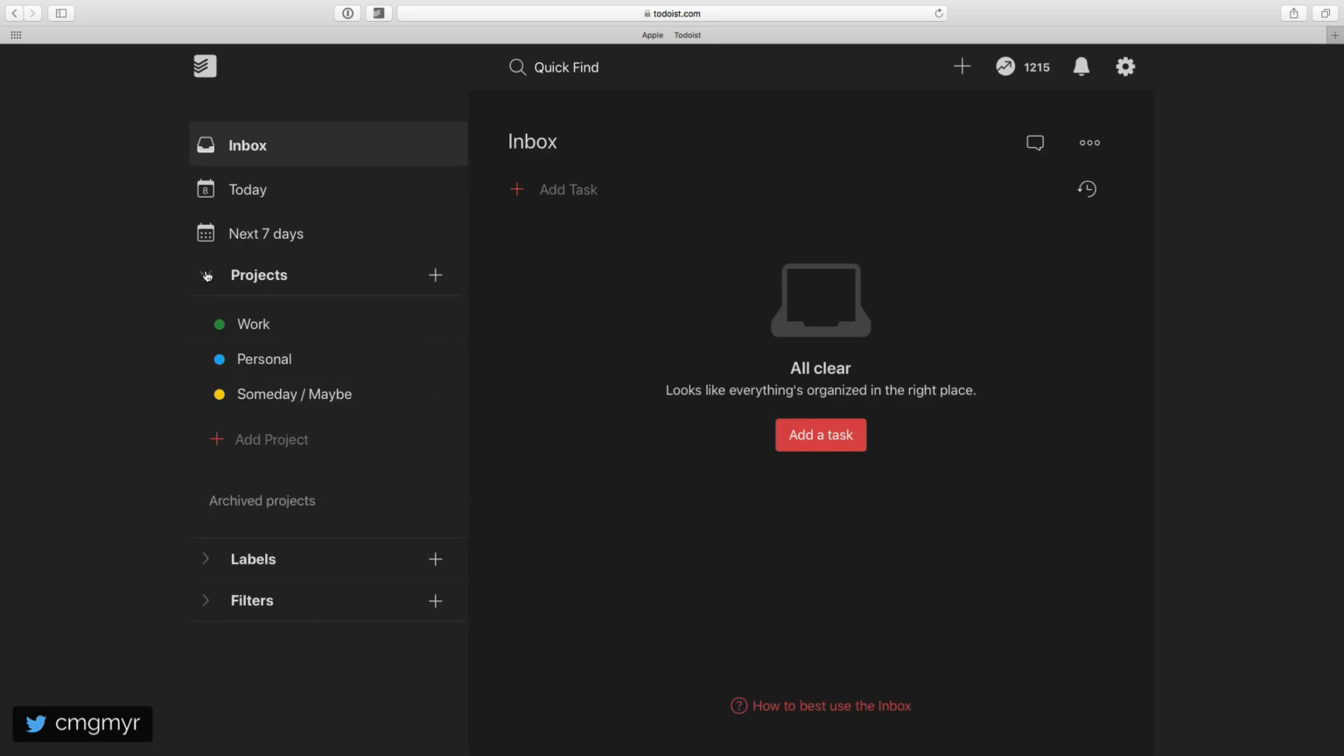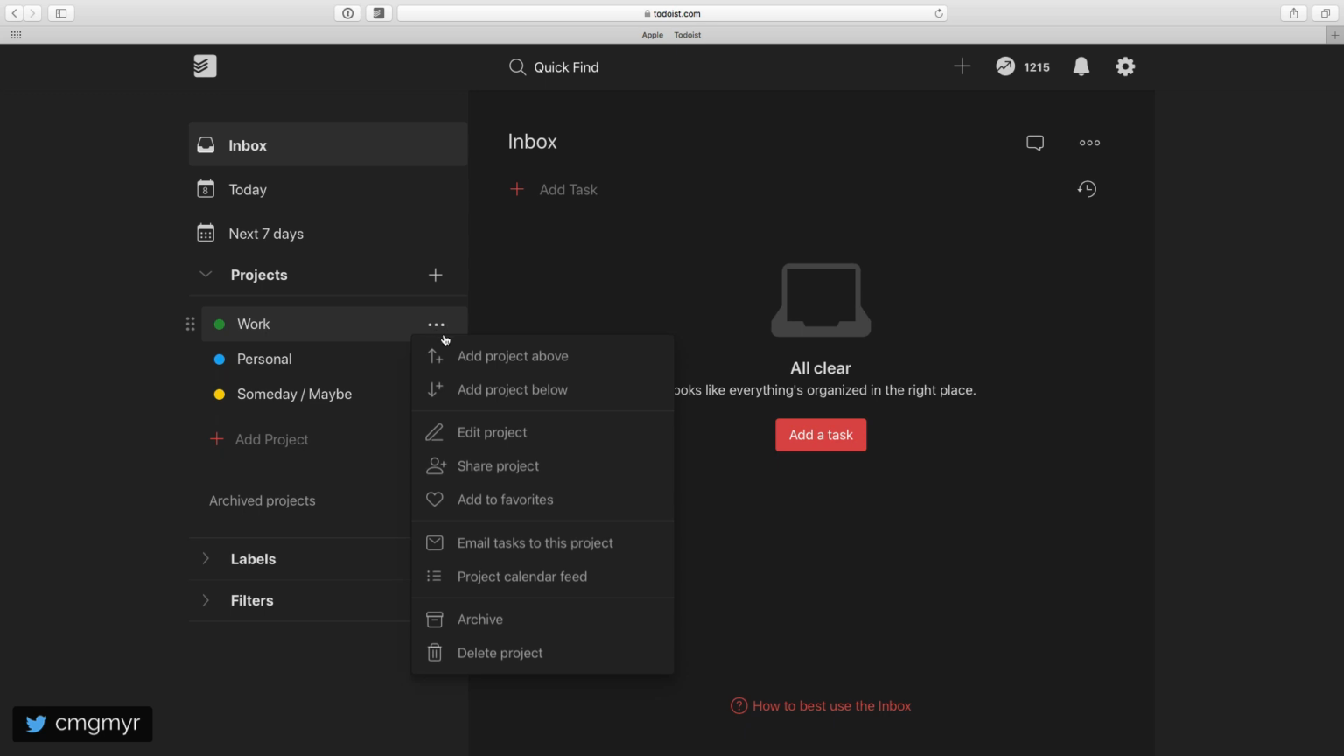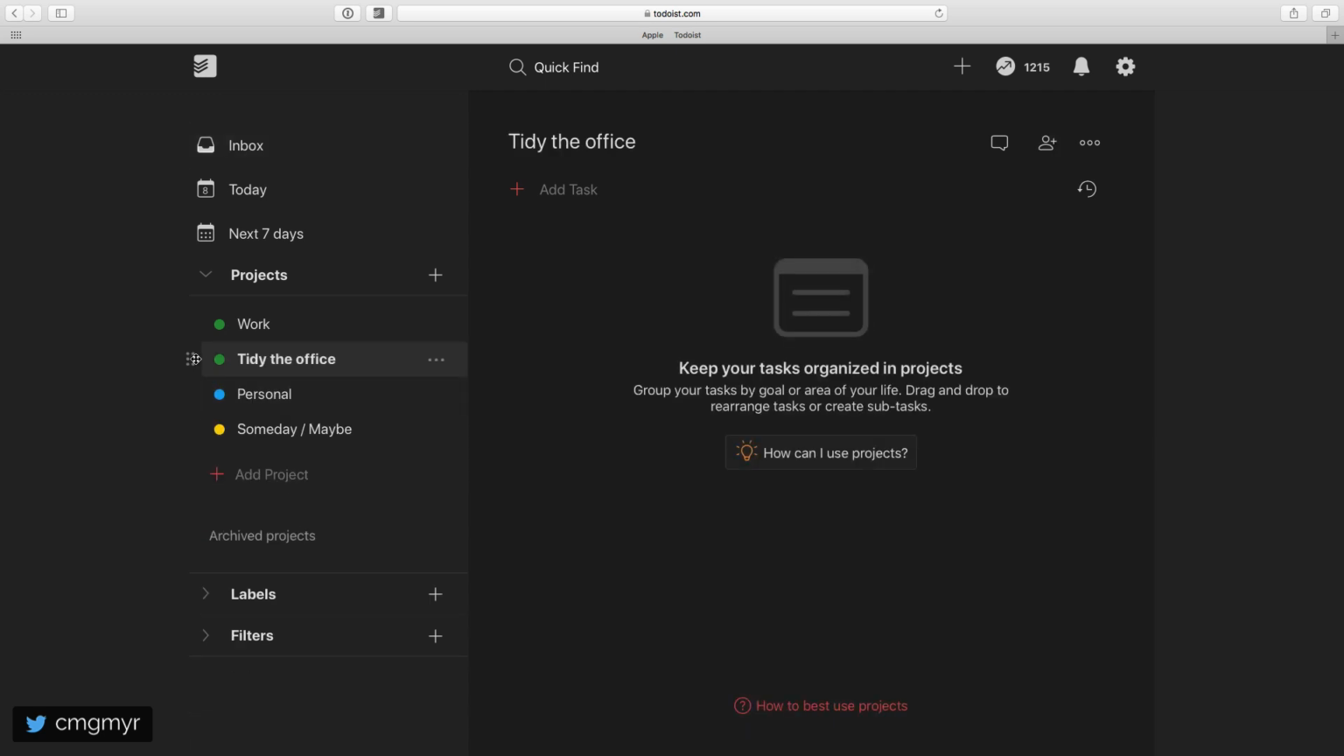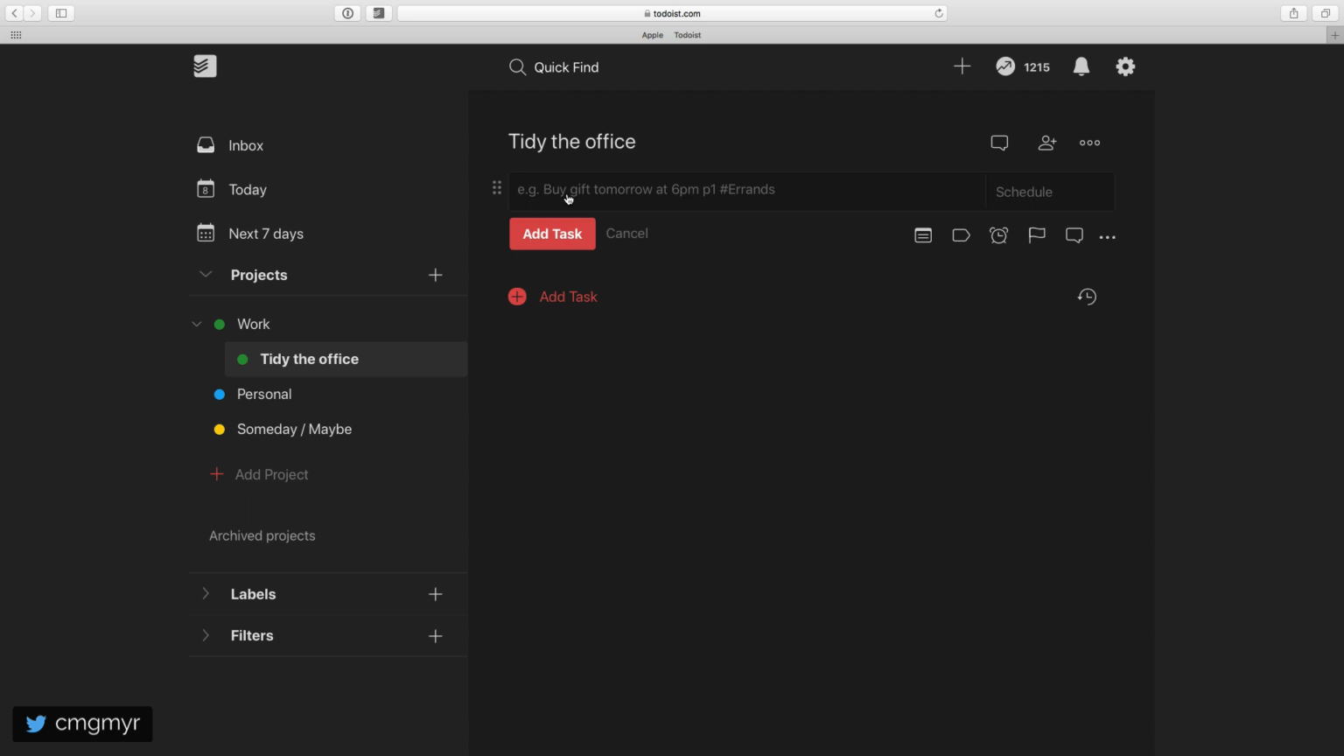Go to our projects, and I'm going to put this under work. So if we click the three dots here, add a project below, it'll keep the same color. And we'll do our tidy the office. Add project, and we'll just move that so it's nested below there. Now that we have our tidy the office project, let's go ahead and add a new task for